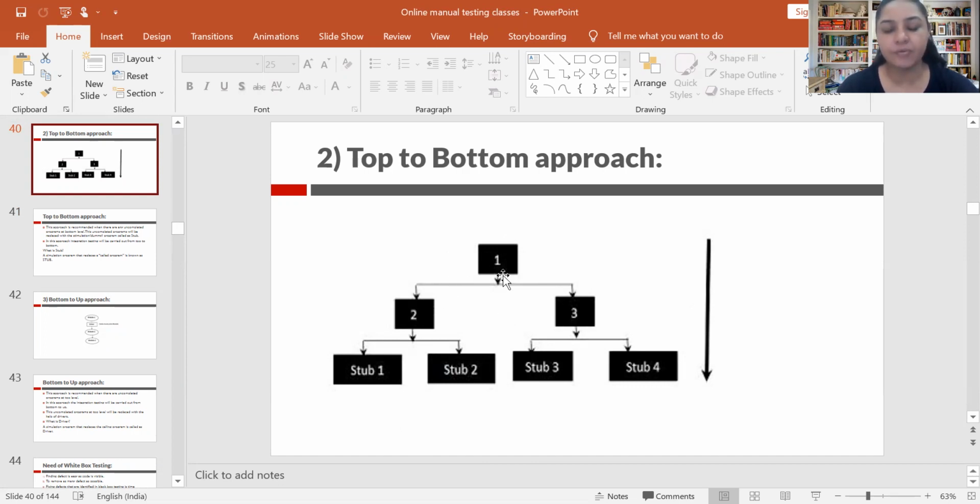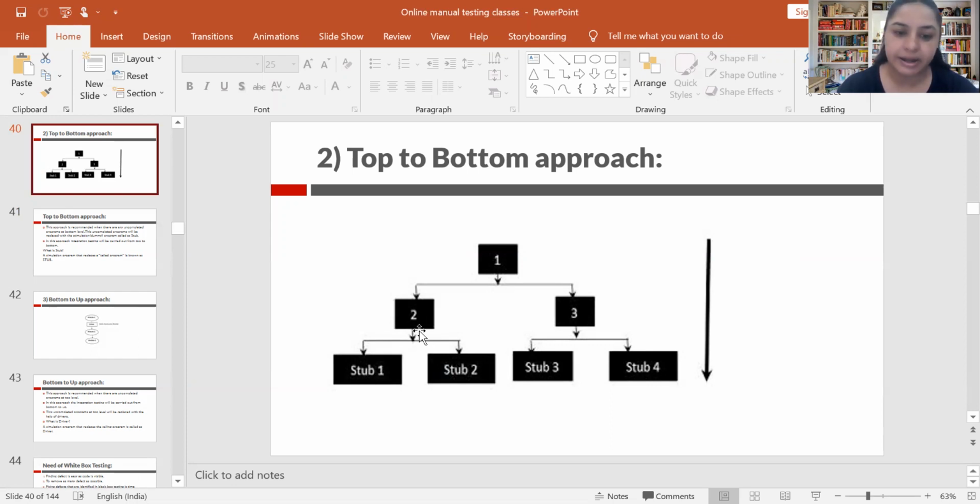Now you can see that module 1, module 2 and module 3 are completed at the time of integration testing, because integration testing checks how the different modules work together as a system. That is the main motto of integration testing. So for the modules which are not completed at the time of integration testing, we replace those modules with a dummy program that is called a stub.